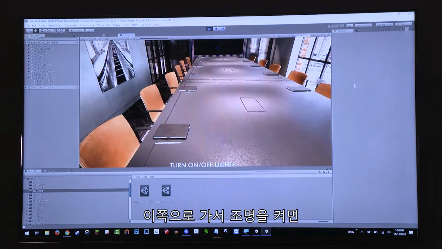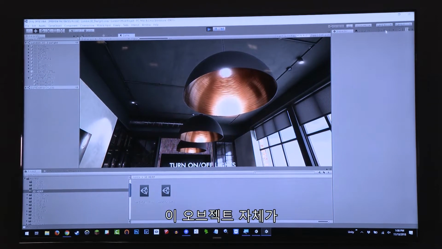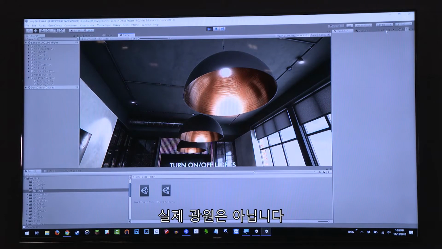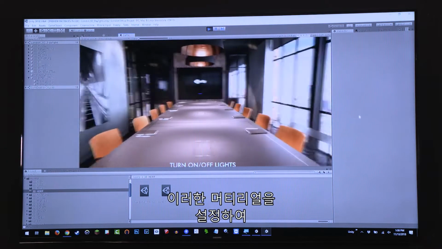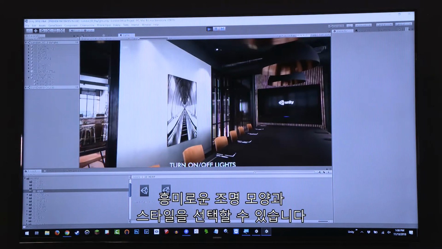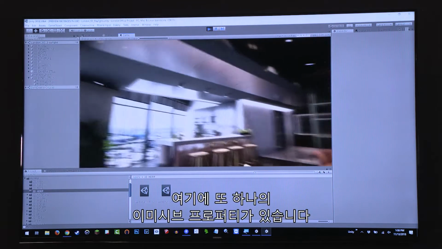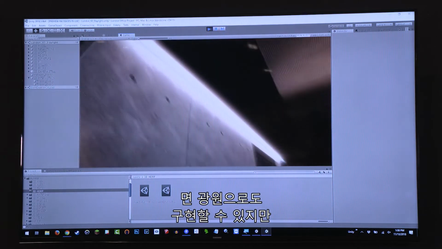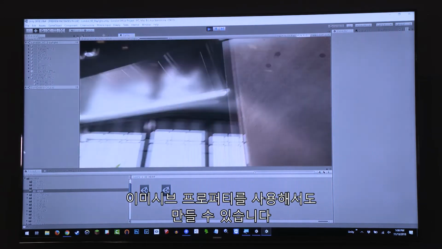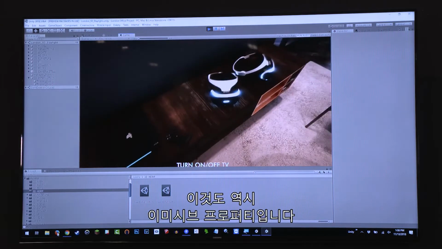Other things we can do is we're dealing with real-time emissives, and what that means is if I come in here and I turn on my lights, we're going to get these real-time emissives, and this is a part of the high-definition rendering pipeline. These objects themselves aren't necessarily lights. They are in fact emissive materials, and emissives emit light, and we can set these up to actually cascade light into the office around them, which allows us to achieve some very interesting light shapes and styles. For instance, these long lights here are achievable through area lights and such, but we can also do emissive properties for that. Or if I look here at the PlayStation with the PSVR, those are also emissive properties.